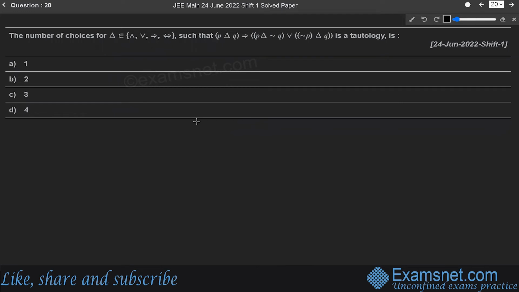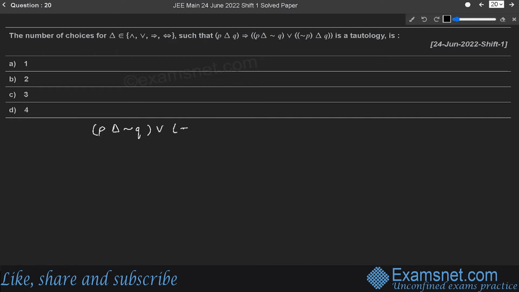Next question is the number of choices for delta belonging to intersection, union, such that (P delta Q) is P, (delta belongs to) Q union (P delta Q) is a tautology. So we have to find the number of choices. Here, this question is a little bit different from all the previous questions that we have been solving. It is given that it is a tautology. It means that P delta Q